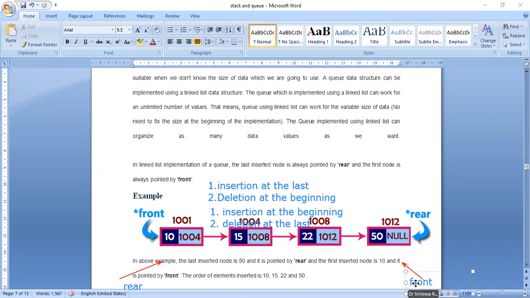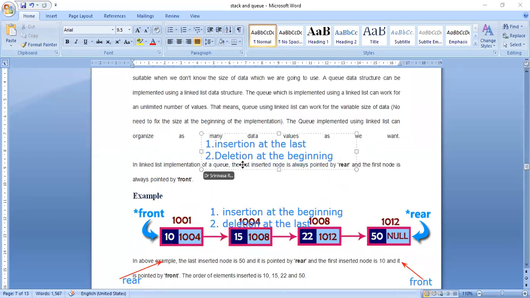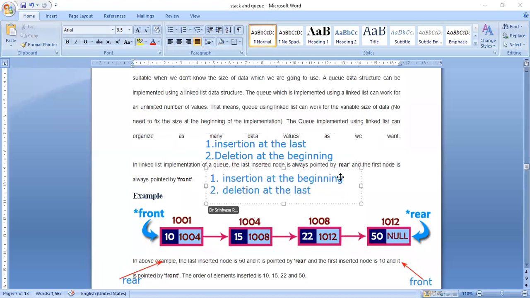You can see, so this is the second option. So insertion at the beginning, that is represented by rear. Here you can see, first option is this one. Second option is insertion at the beginning, deletion at the last.